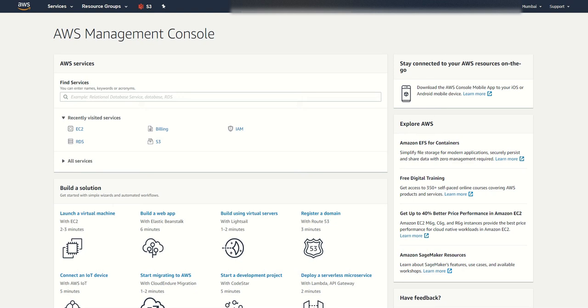Today I'm going to show you a small topic: how can you raise a request with your AWS team to extend your service. Before we go for that, just remember one thing.